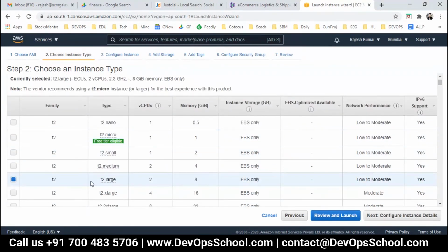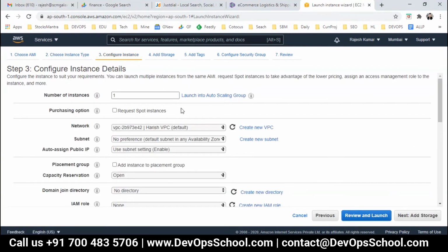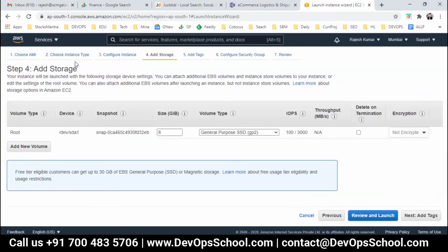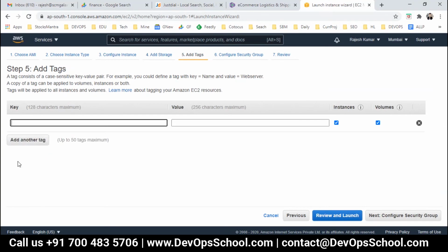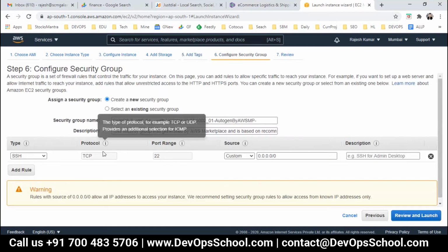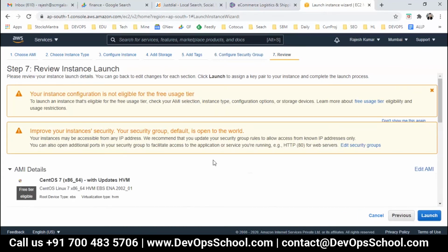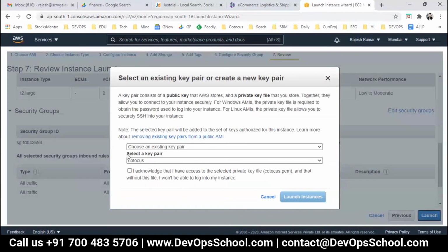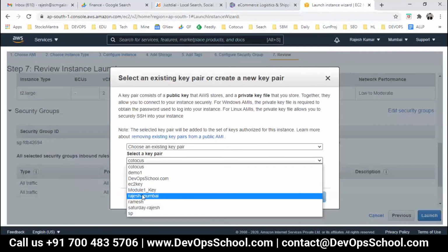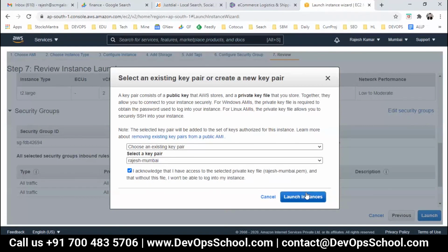I'll go for 2 CPU, 8 GB RAM, one machine, 100 GB hard disk, name Jenkins, security groups, everything open.